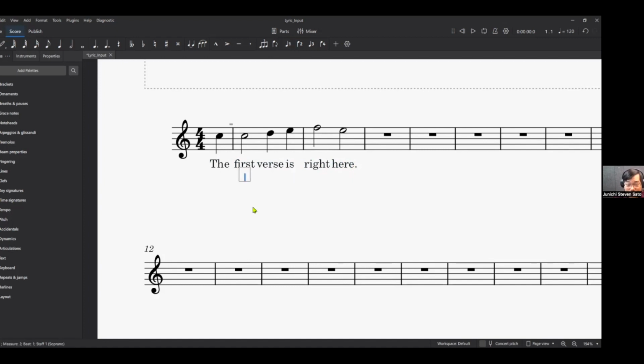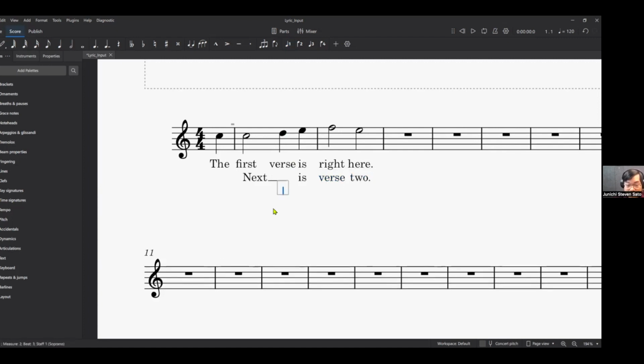However, it doesn't take me all the way back. Let's say my next verse doesn't start on the pickup, so I can just start right on the half note C here. I'm going to type "next," but then I want this word to go over the C into the D, and then my next word will go on the E. So normally you'd put in an underscore, and all you have to do is type an underscore, and it will assume that's where you want it. Here, it's highlighted under that note. I want that to be an underscore, so I hit another underscore, and you can see this underscore just shows up nicely. So is verse 2,